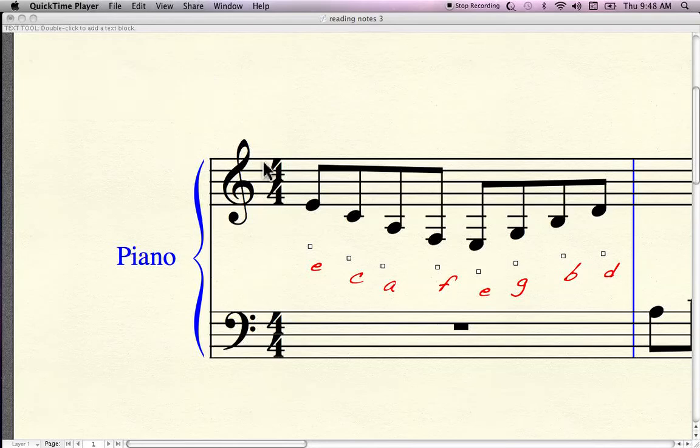Hi. Now let's talk about notes which are called ledger lines. Ledger lines are notes that are written below